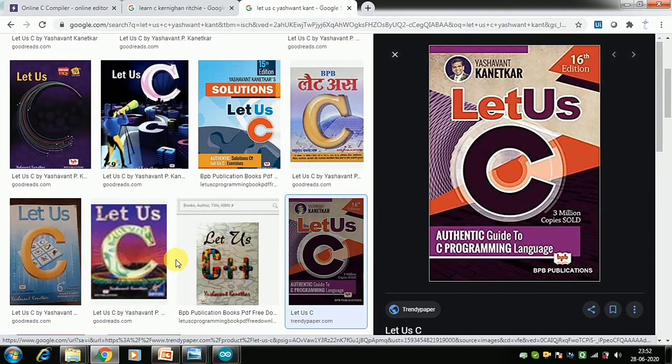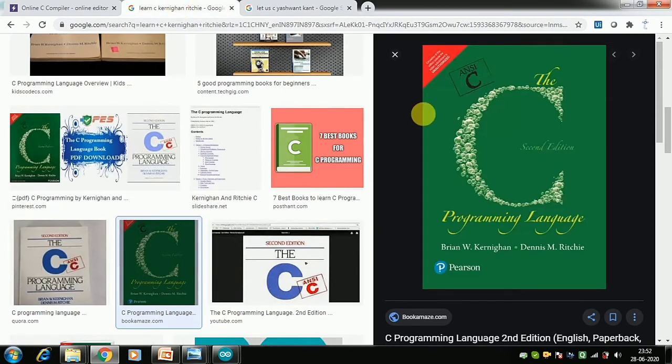Now these are the two books I find very useful for learning C. One is Let Us C by Yashwant Kanetkar. This is a very old book. Even when I was in college, I studied the same book, but now it is very thin in its 16th edition, so you'll like it. And the other very good book is The C Programming Language, ANSI, by Kernighan and Ritchie.